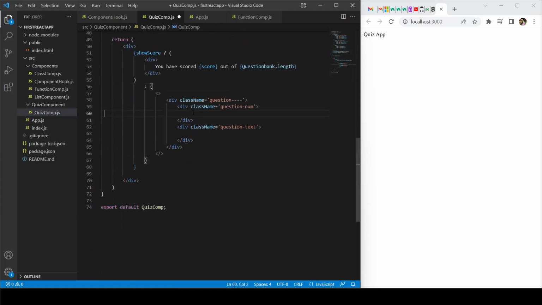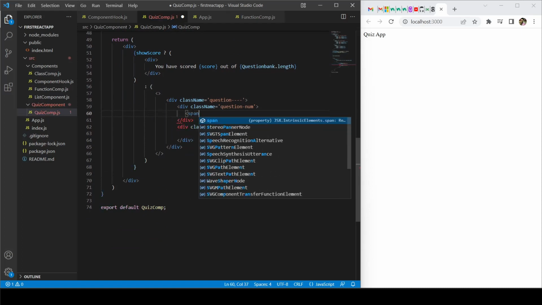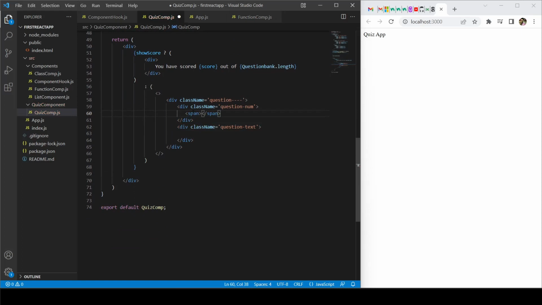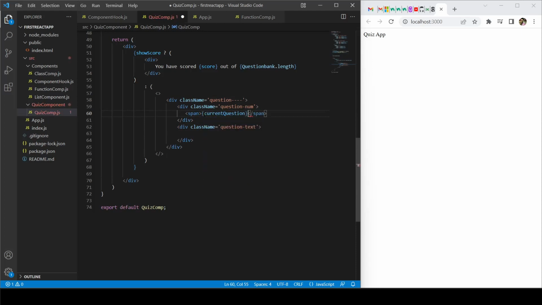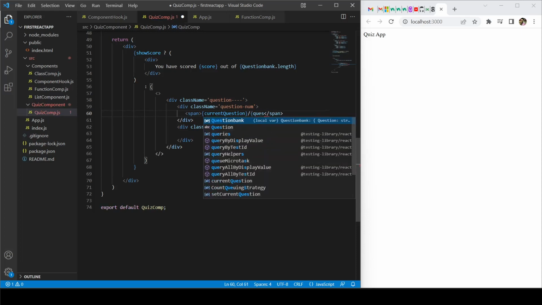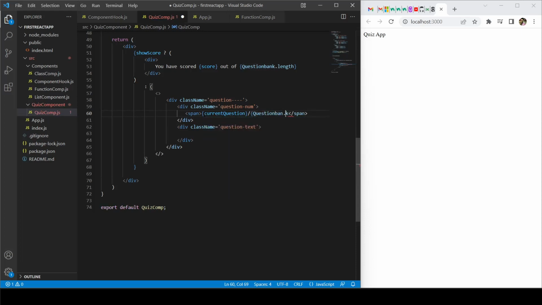तो जो question number होगा वो क्या होगा, okay. So this will be your span, okay, and your question number will be, so I'm going to write something like 1 by 2, 1 by 3, 1 by 4, right. So ये होगा your current question, ठीक है, and then divide by your question bank dot length, okay. तो जैसे तभी तो ये show करेगा 1/5, 2/5. So that should be fine. ये k कहाँ से आ गया भाई, okay. So I think that should work,